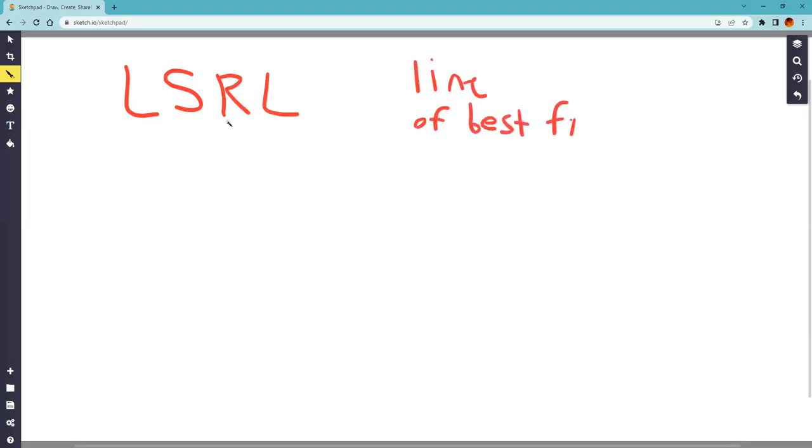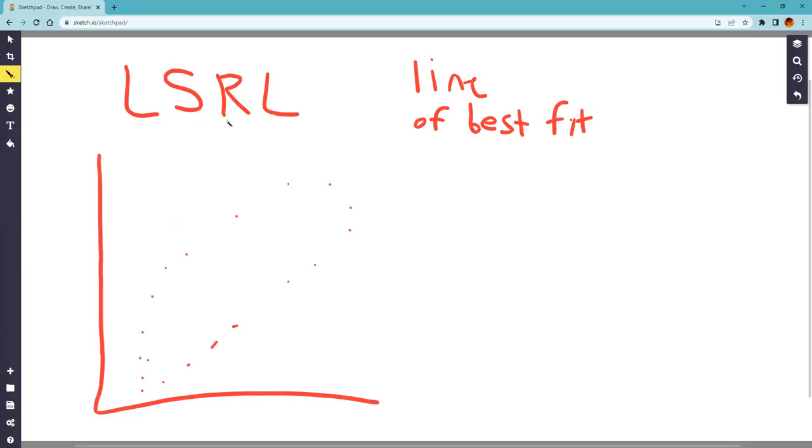But we just call this in statistics. And why would you use that? Well, we usually use this in scatter plots to kind of just make a line that best fits the data. Usually that would mean that there's the same amount above or the same amount below. If you want to make a least squares regression line, then what you have to do